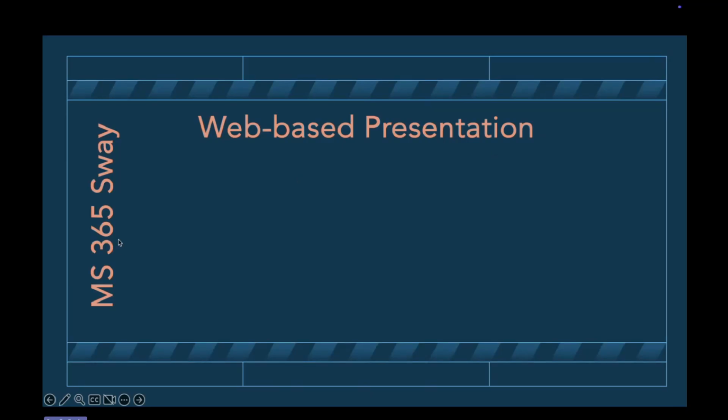Today is all about Microsoft Sway. It's part of the 365 package, and it's an online web-based presentation program. It's not PowerPoint. I'll do a comparison with presentations, PowerPoint in particular, a little bit later. But yes, it's a web-based program, so you won't find an app for that. You have to go online and do it, and I will show you in a couple of minutes.